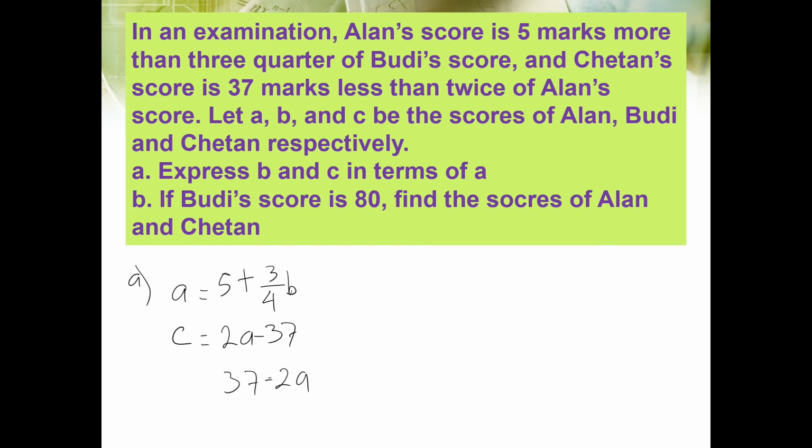If you write 37 minus 2A, at the end it makes a different meaning. I hope you understand about this. Or can I write like the difference between Alan's and Chetan's equals 37? Yes. Okay, so this is the first